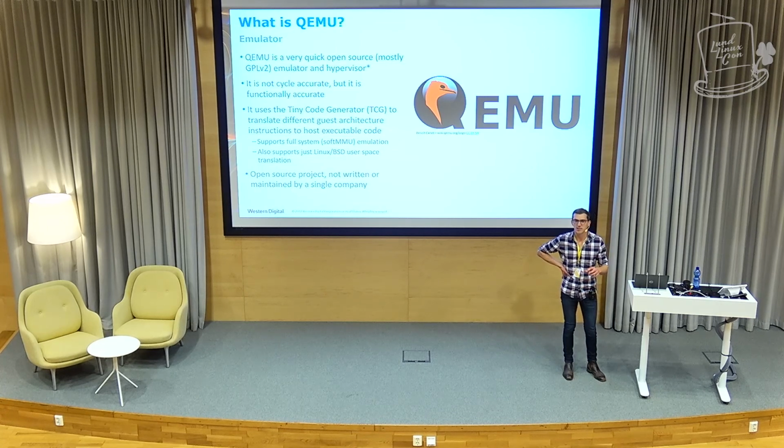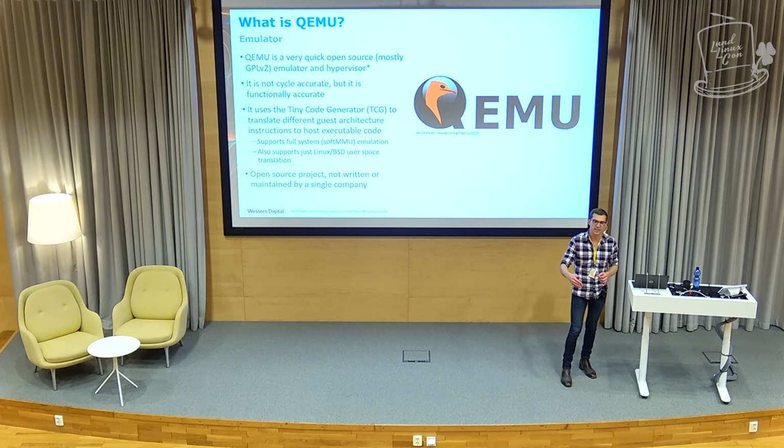And so it's not cycle accurate, it's functionally accurate. So in the case of RISC-V, you can run your whole RISC-V stack on QEMU. You can run the same image on a board and on QEMU. It's going to match it in terms of functionality, but it's not going to give you the same cycle performance. On the board, maybe you miss caches, and so you have a slowdown. On QEMU, you don't get that. It just runs as fast as it possibly can. So it's not a simulator.